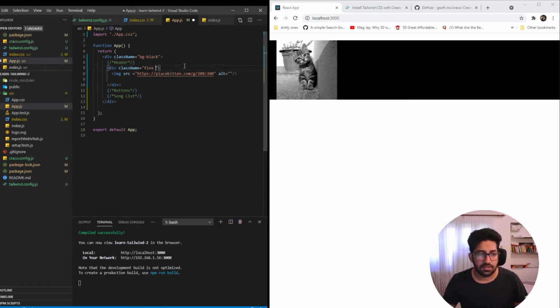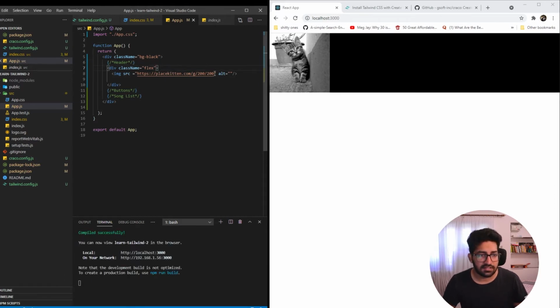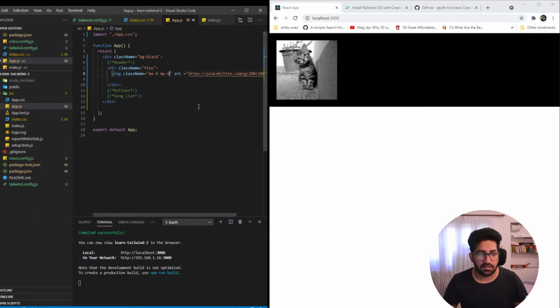Before actually doing this, we can't put the flex, we can't put the margin over here. We'll have to add the margin to the image so it can cover the background as well. mx-6 and my-6. So that looks perfect, almost like the page.